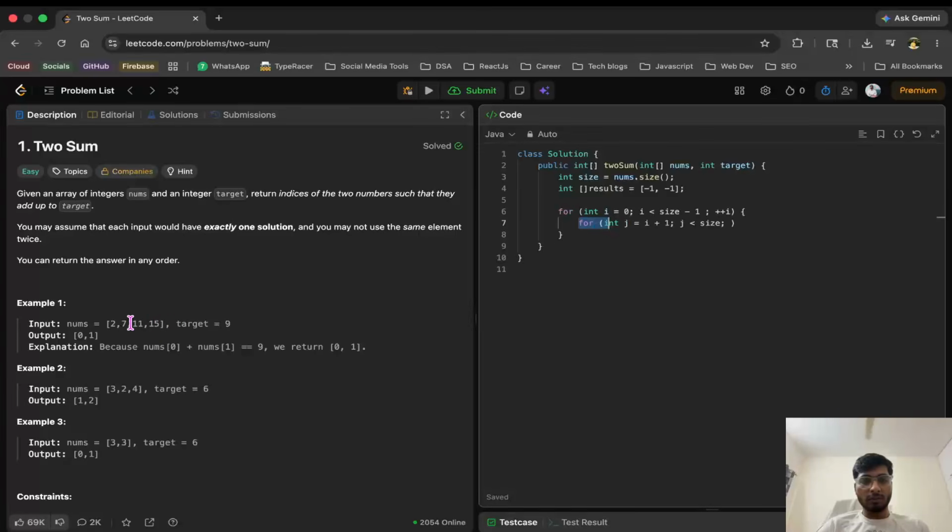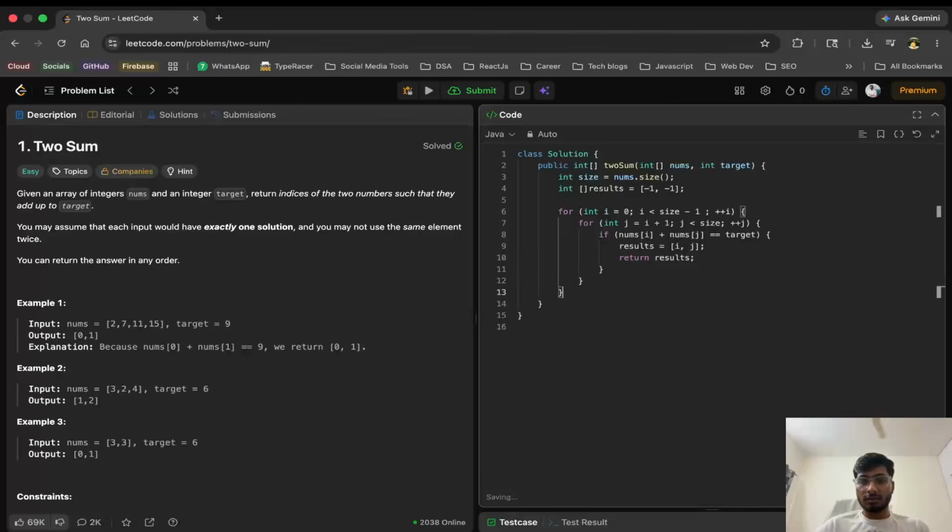So that's why we will go up to 11. So j less than size, plus plus j, and then we'll say if nums[i] plus nums[j] is equal to target, we'll say results equals i comma j, and return